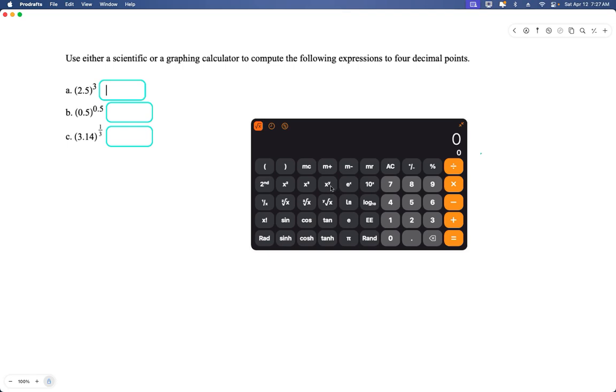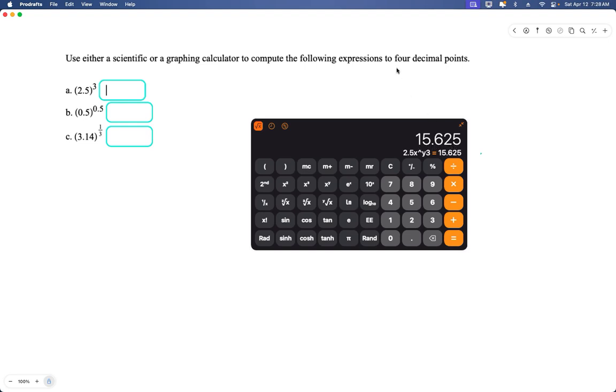On mine, it looks like an XY. On yours, it might be something else that looks similar, YX, XY. The X tells you that you're going to type that in first, because in alphabetical order, X comes before Y. So on my calculator, I type in the base number first and then the exponent. So this first problem, I'm going to type in 2.5 and press the key, and then I'm going to type in the exponent of 3, and I get